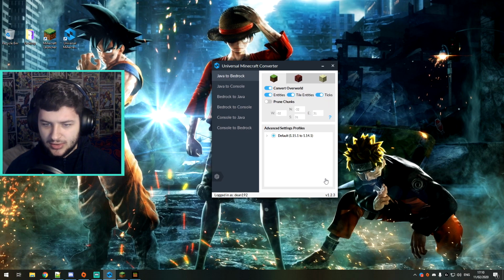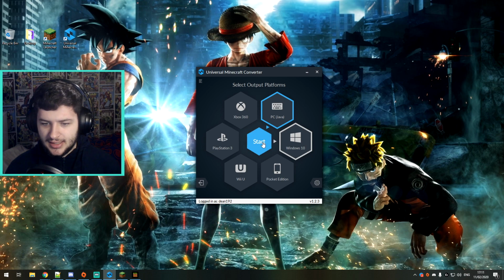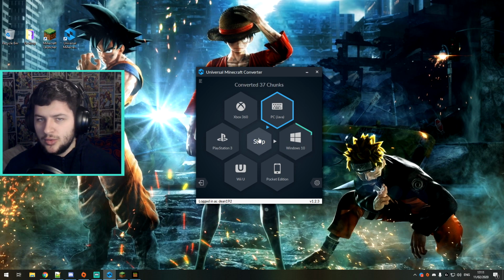There's also a settings wheel, so we can go around and we can customize things. We can untick what we don't want to convert. We can prune the chunks like I mentioned before, and you have a few different setting profiles with all the item IDs and things we can change. And basically Java to Bedrock is what we're going to be doing in this video, because Bedrock is the Windows 10 version. You can select different settings for the end, nether and overworld, and there's basically just a lot of customization. So I'm going to click on convert and then press start,